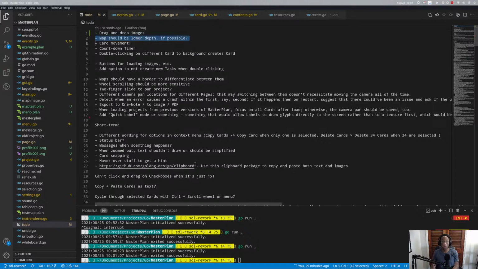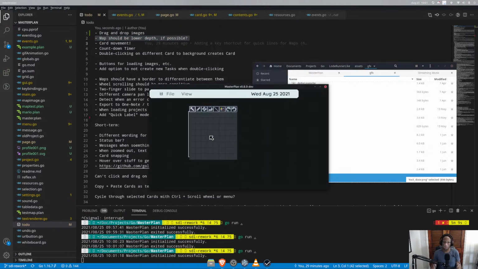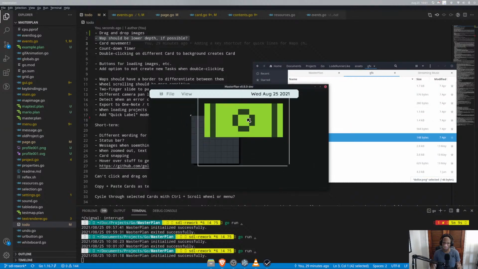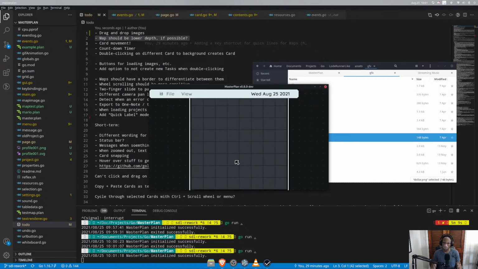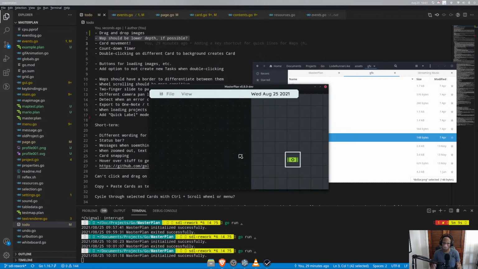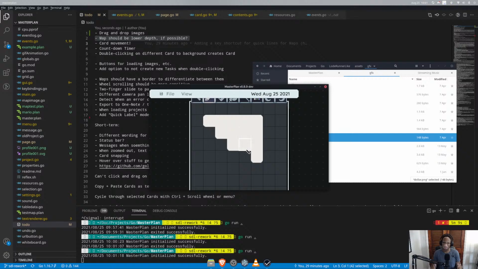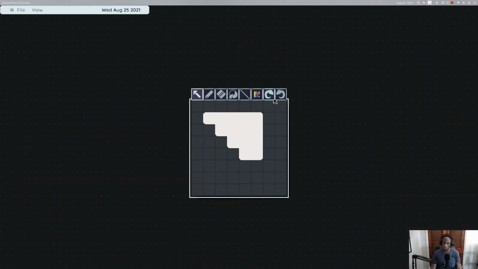Oh, because maps should be lower depth. Yeah, that's right. So basically, if we have a map and we are, let's say, dropping an image onto the map for an icon or something like that, when we click, we don't want the icon to disappear when we click on the map. If we're drawing, then the map depth can be higher, but otherwise we probably want the map to be